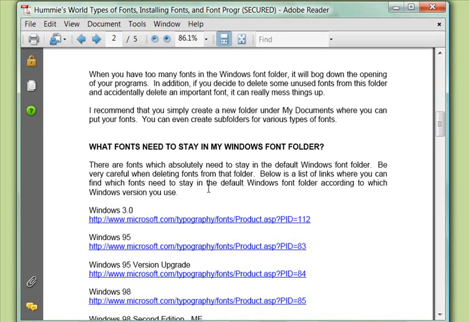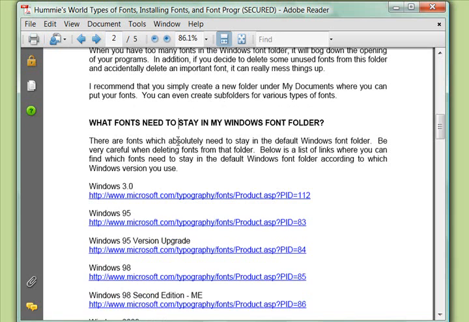But that's not a recommended way to install your fonts in that permanent Windows folder. If you want to put just a few favorite ones that you use all the time in there, you can do that. That won't harm things, but if you put a lot of fonts in there, that's really going to cause you problems when you open up your programs. If you stick a lot of fonts in there, and you do that by accident, you haven't read this tutorial first saying don't do that,